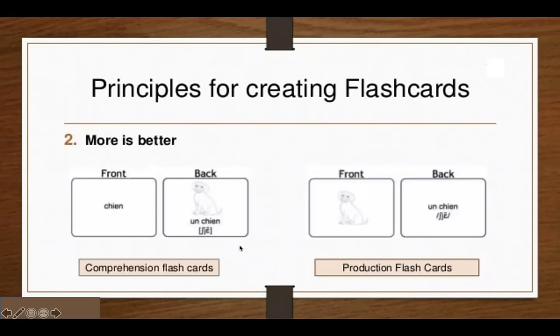Secondly, more is better. So you put in a clear way, for example, here, chien and un chien. And chien, it's a French word, chien is dog. So un chien, it's one dog. So more precise. When you prepare the answer, be precise so that it will help you for your one word. For one word answer, you must be very clear. You must be pinpointing that word, no?